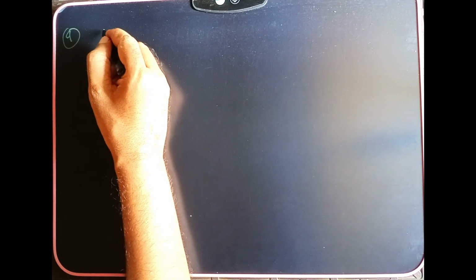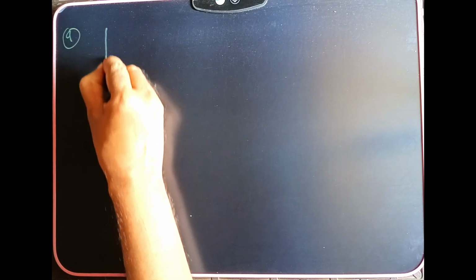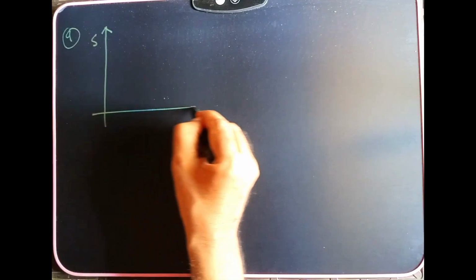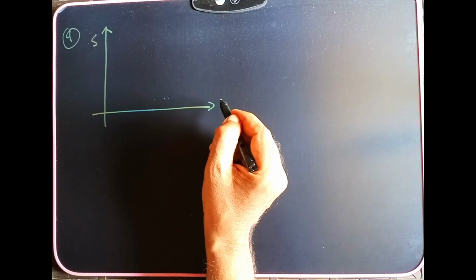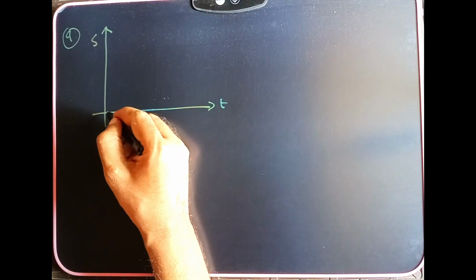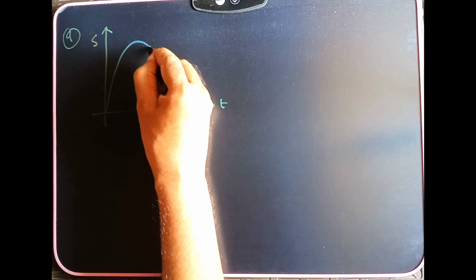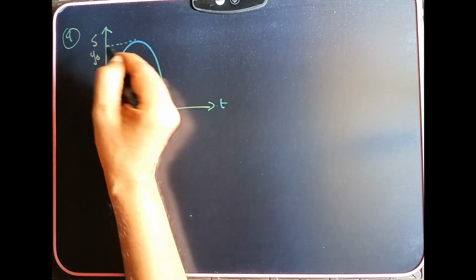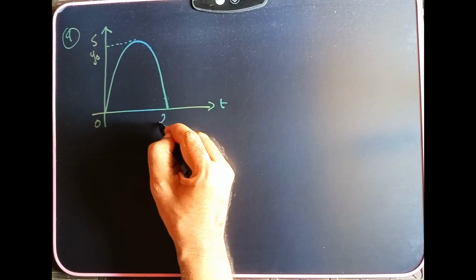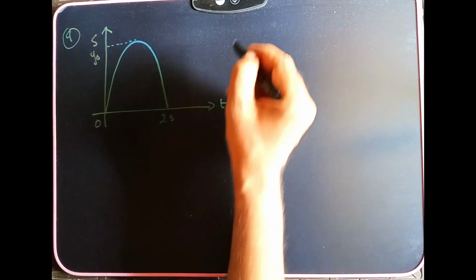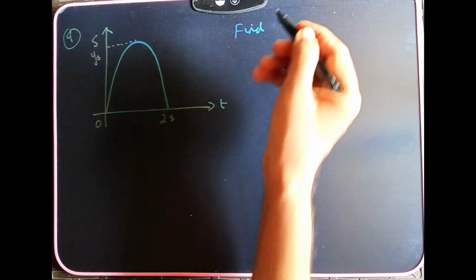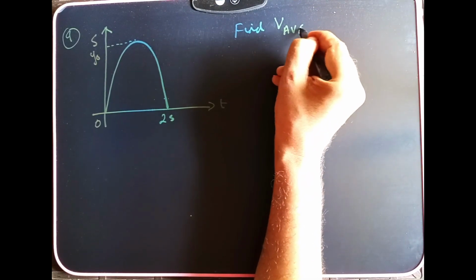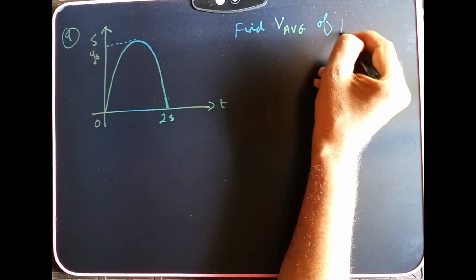A particle moves in a straight line, and this is the s-t, displacement-time graph which is shown. What is this graph? It moves in a parabolic manner. This is 0, this is 2 seconds. What we have to find: find V average of the particle